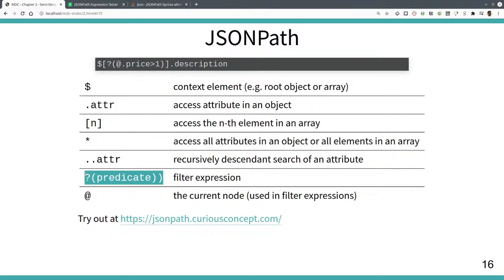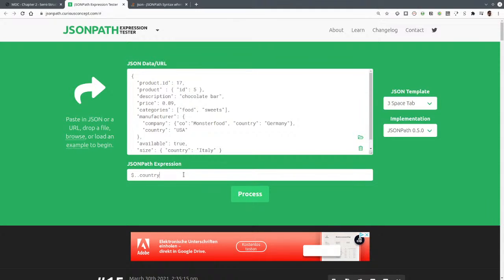We had predicates in XPath. There we used square brackets. Here we use a question mark. So instead of a star, you can use a question mark. Everywhere where you can use a star, you can use a question mark and then write in brackets after that question mark. Oh, I think there's a bracket too much. Your predicate that you want to check. So for example,